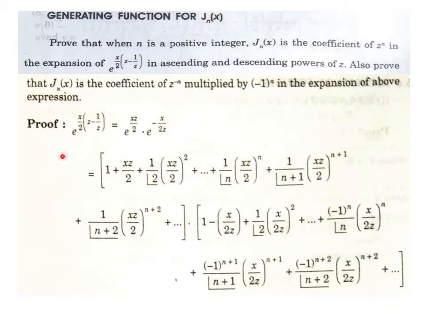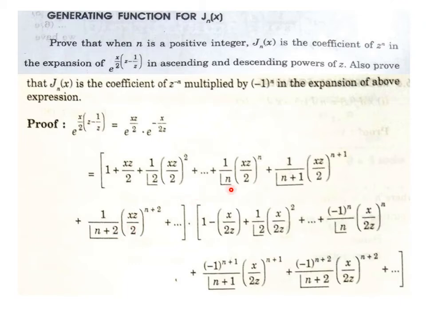Now we start the proceedings with e^((x/2)(z − 1/z)) as given there, and the power of that exponential function is broken into two parts, e^(xz/2) into e^(−x/(2z)). Now e^(xz/2) is expanded as the simple expansion of the exponential function: 1 plus xz/2 plus 1/factorial 2 (xz/2) whole square plus up to infinite, but in between we are writing three terms